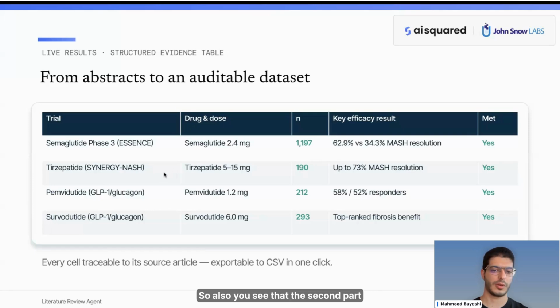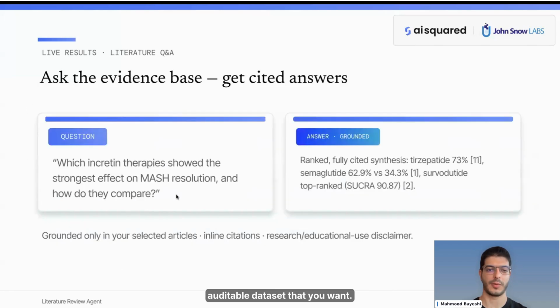So also you see that the second part was another drug, and the third one and the fourth one. So it's just a sample run, and you can conclude the result as any auditable dataset that you want. So here,